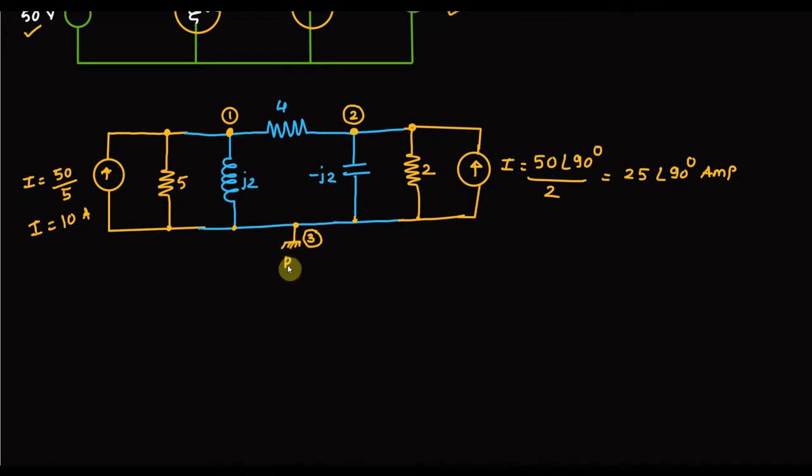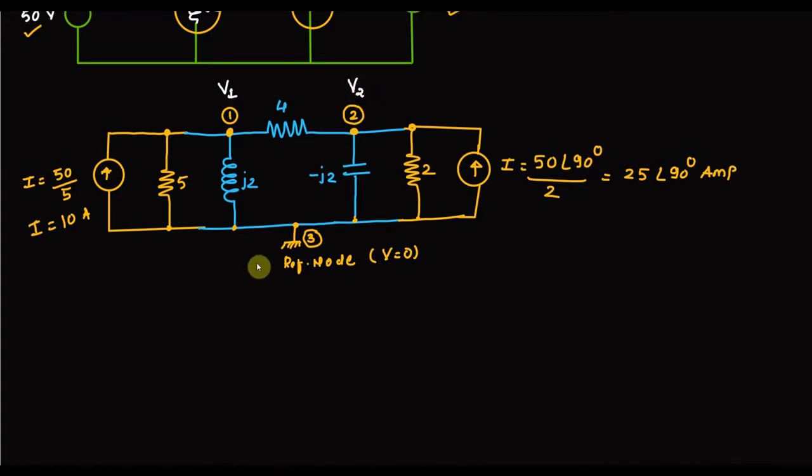So this will represent which node? Reference node. So actually there were three nodes, and out of these three I have taken this bottom node, which is number 3, as the reference. So I have made it the ground. So ground means here voltage is 0. Fine. What will be the voltage here? I will assign here voltage as V1 and here voltage as V2.